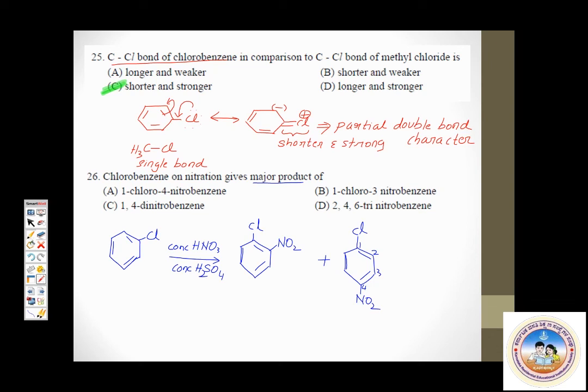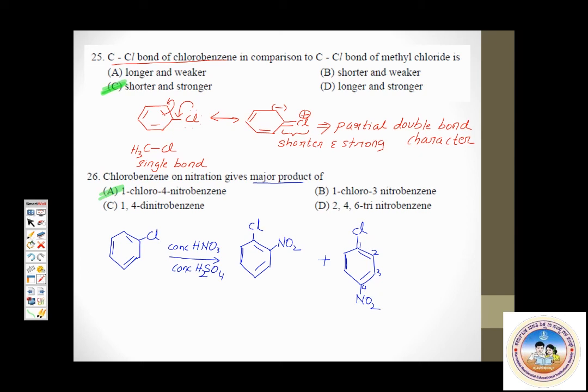1-chloro-4-nitrobenzene. Now you may be thinking, why should the carbon with chlorine be numbered 1? Why not the carbon with the nitro group? Simple. You have to follow the alphabetical order. If numbering from both ends is the same, then you need to follow alphabetical order. The substituent which comes first in the alphabetical order must be given the lower number. So between chloro and nitro, chloro comes first, so it should be numbered 1. Okay. Yes, that is question number 26. So you get option A as the answer.